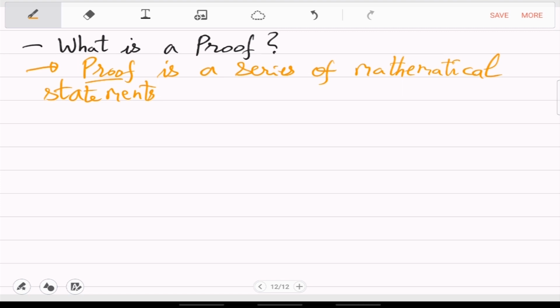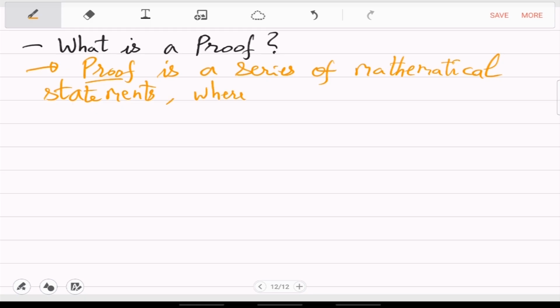So mathematical statements by definition, they have to be precise. Okay, you cannot use words like I hope or I expect or I believe or I love, right? So avoid using those phrases. It has to be a mathematical statement, every statement,